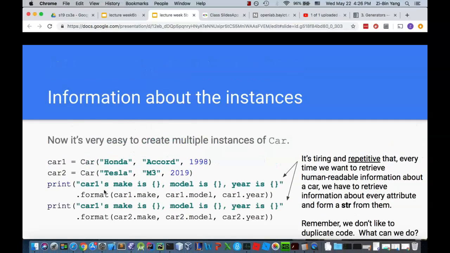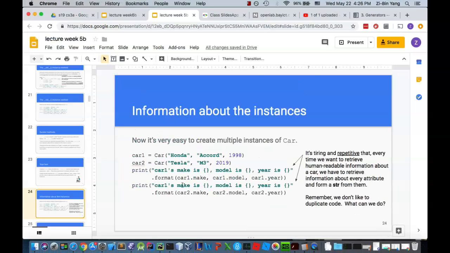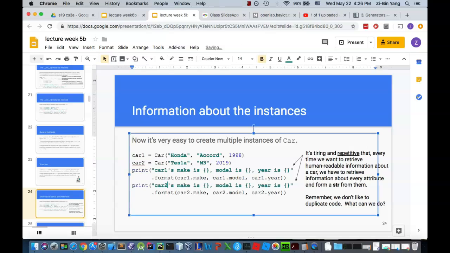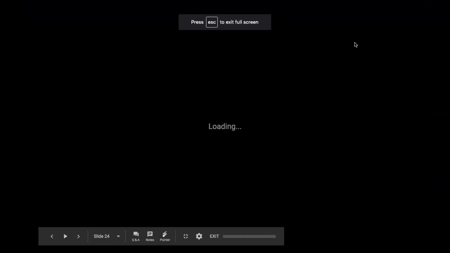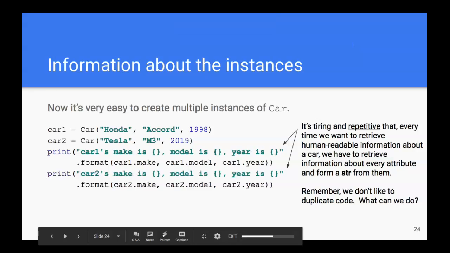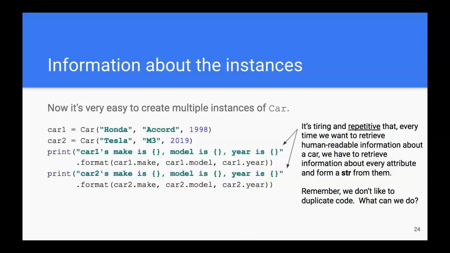Now, we don't like duplicating code, right? I said that many times already. So how can we make this a little simpler, so that in order to get human readable information about a particular object, we don't have to always copy and paste this code? Well,